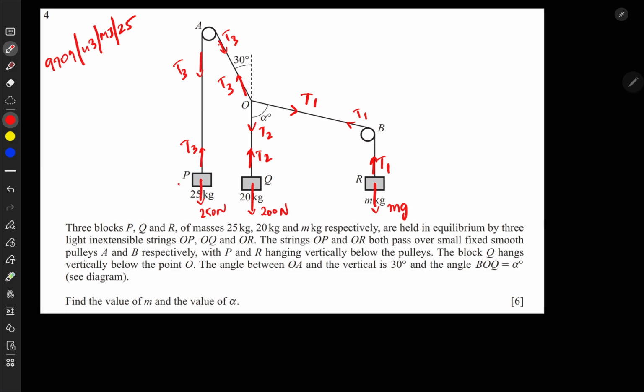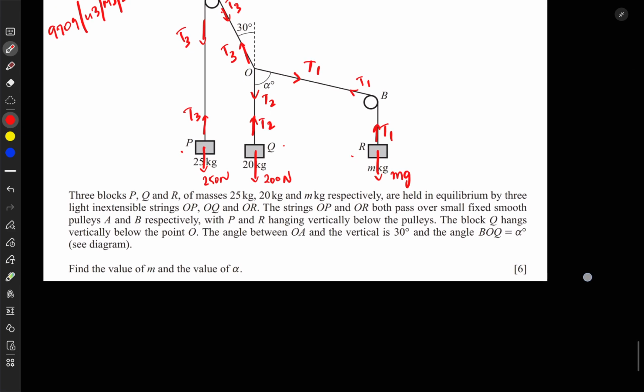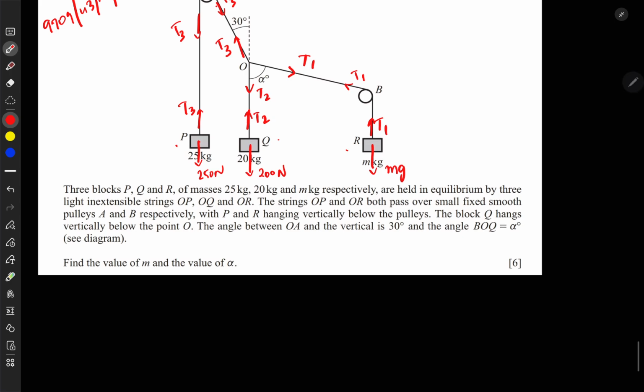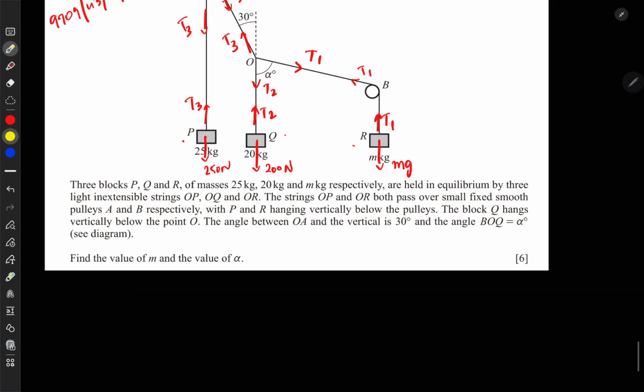I'll be considering point P, point Q, point R, and point O. So let's do that. First, let me go a little up. For P it will be 250, and upwards I have T3. So this is for P, and for point O I'll have